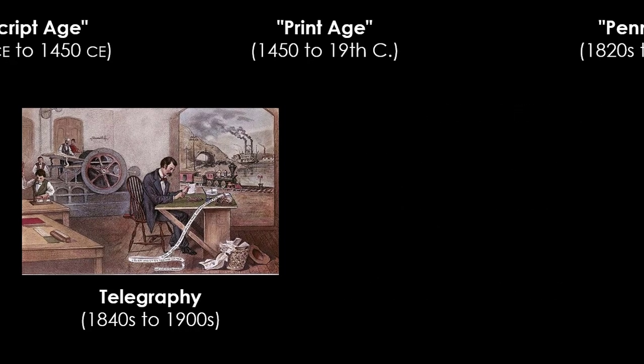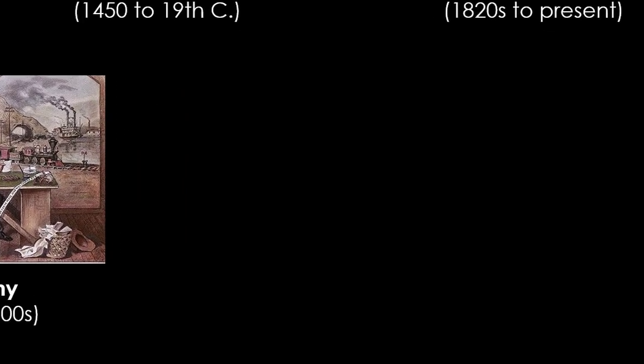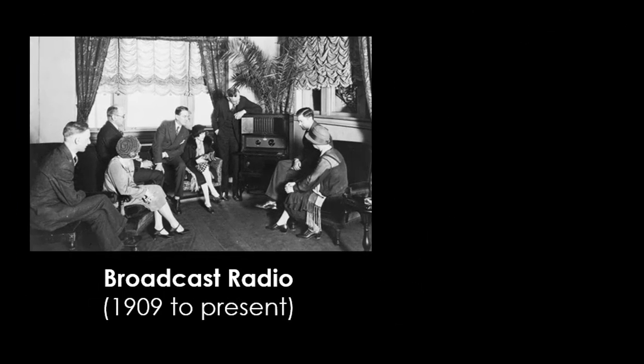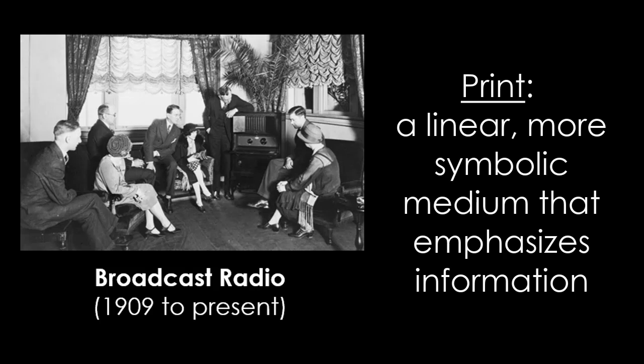Now, once we get into the second decade of the 20th century, radio technology starts becoming a thing. And with the first commercial licenses for radio stations being developed in the United States in the 1920s, what you have is a very different experience for how we get information. So instead of just reading it in a very linear form, left to right, top to bottom, a medium that is much more driven by the transmission of information, radio provides something that is very different.